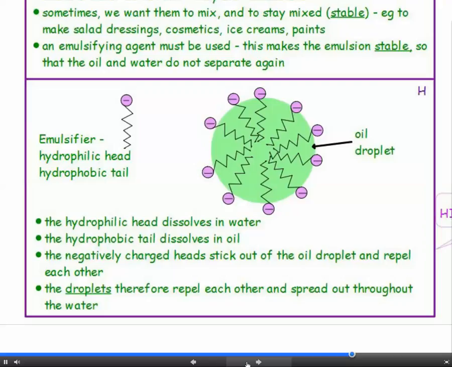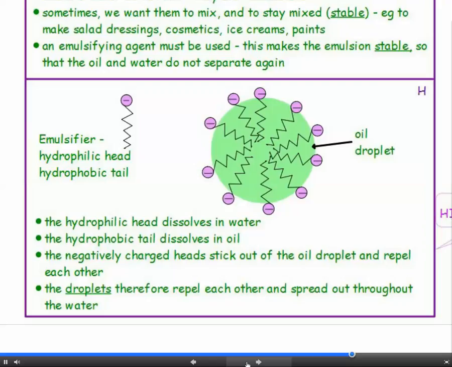Now, if you look at this simple diagram, top left, of an emulsifying agent, the round pink bit is the head. That's hydrophilic, which means that it likes water. And the squiggly zigzag is the tail, which is hydrophobic, which hates water. Now, this hydrophilic head dissolves in water, and the hydrophobic tail